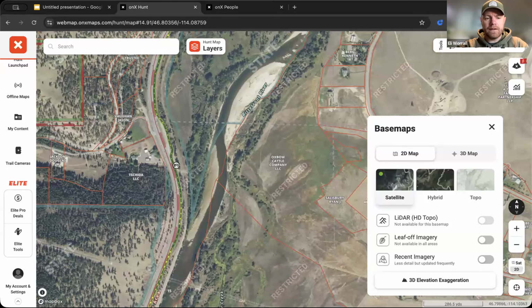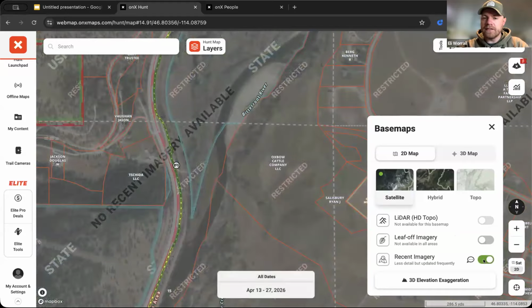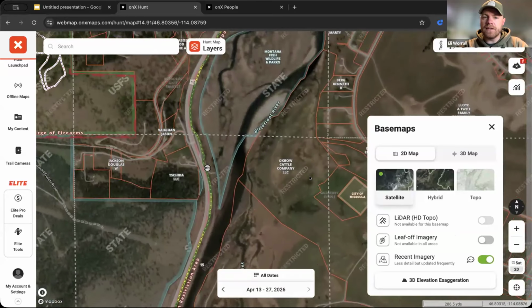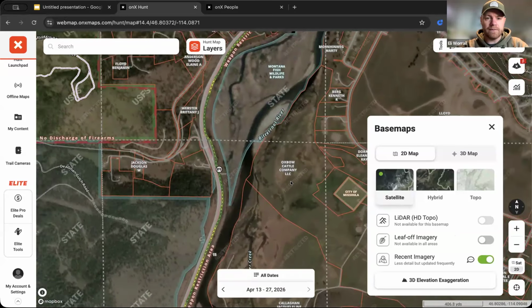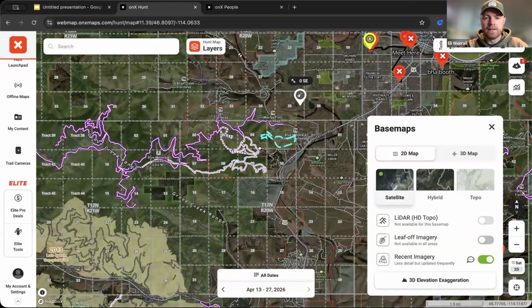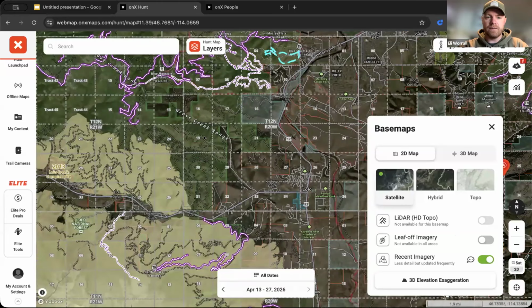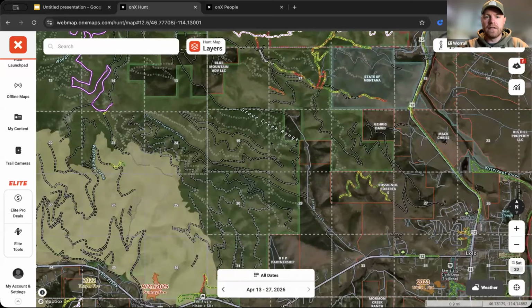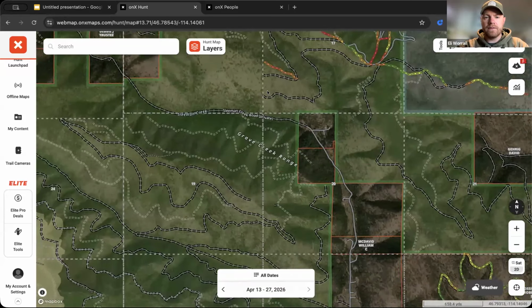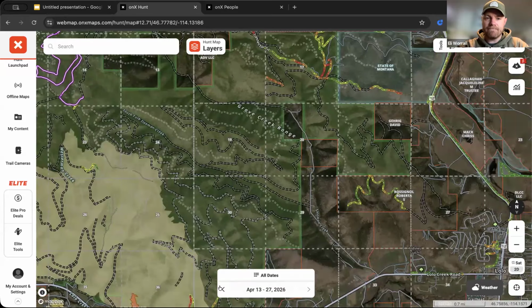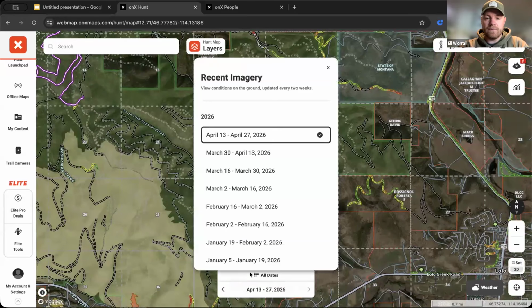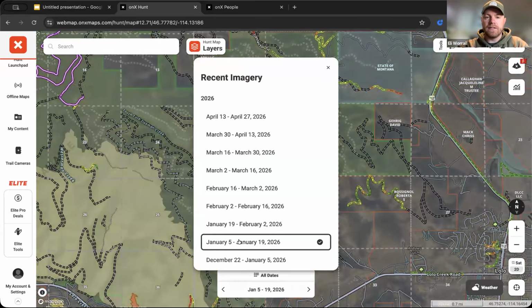With that, you can also switch it around to where you have our recent imagery available. So under the satellite, you're going to be able to turn on recent imagery. This is going to be a 2 week old image that you can scroll back in time with. So I'm up here in Missoula, so we'll take a look at what might have been changing around. When you're going in, you'll be able to see that, hey, this road is really clear. It looks pretty close. But if we went back to mid-January,